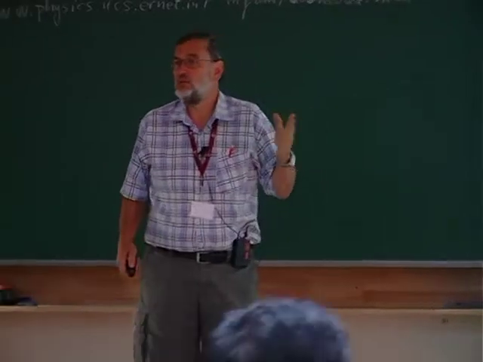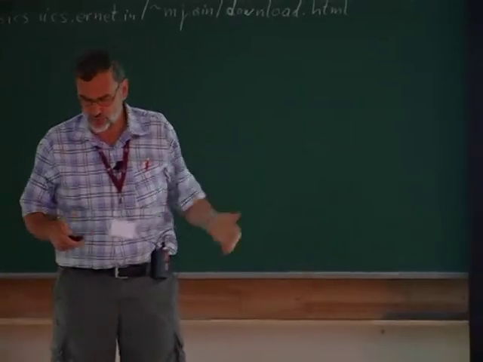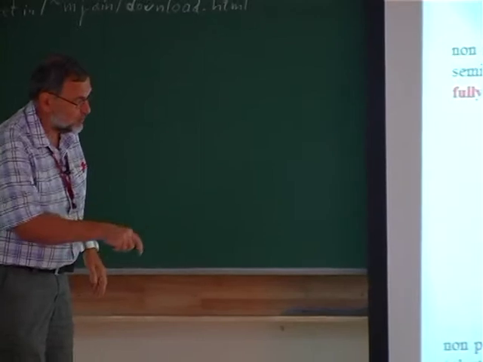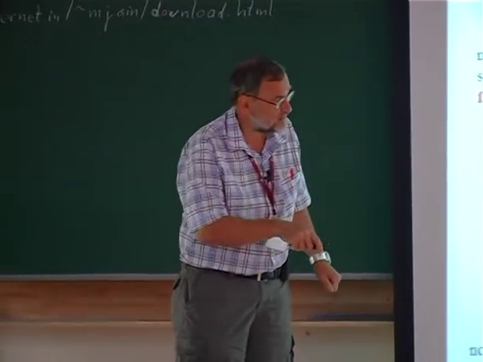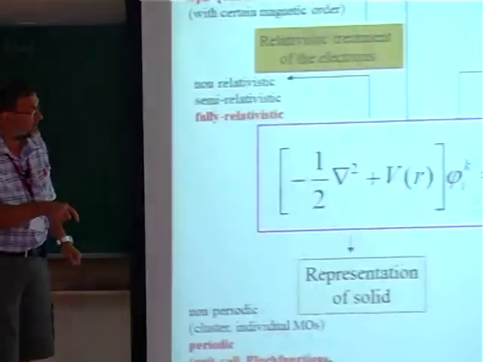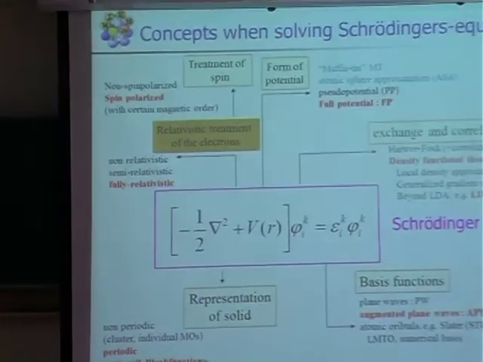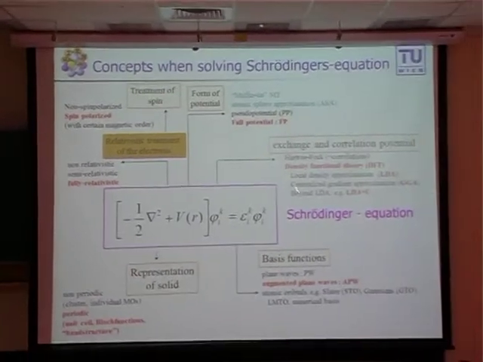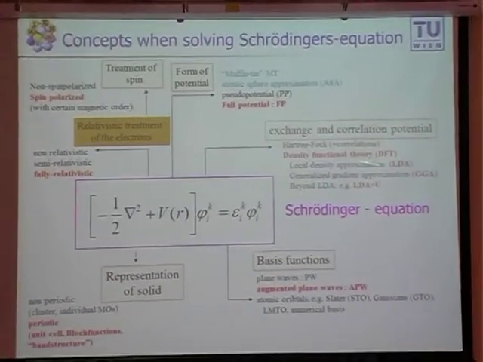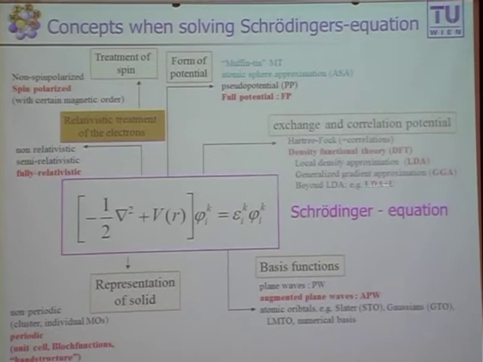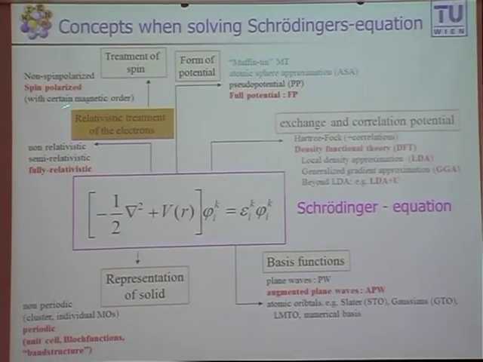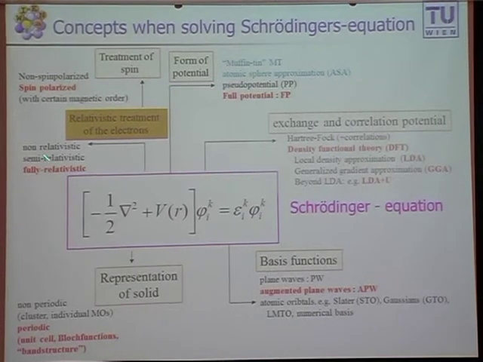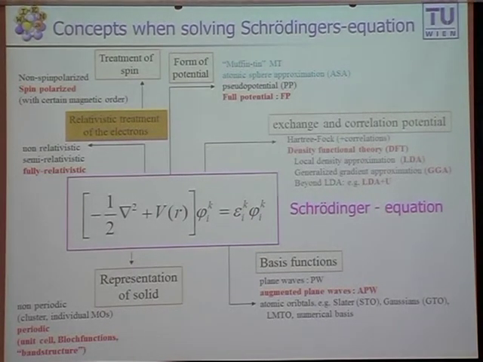And we had started the discussion what we have to consider, how we represent the solid, which kind of basis functions we want to use in the expansion of these wave functions, how we can treat exchange and correlation effects, DFT, LDA, GGA, beyond GGA or so, and we stopped in the description of relativistic treatment and also treatment of